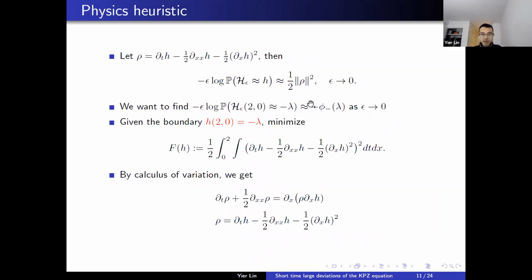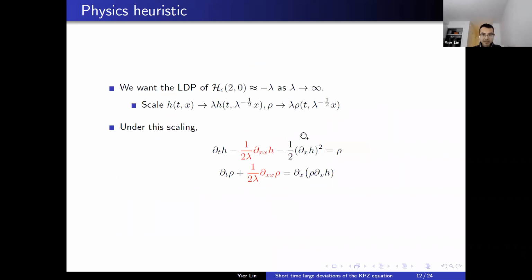It corresponds to the L2 norm of this rho, which solves this pair of PDE. But when we take lambda goes to infinity, we have applied a scaling here, where we change rho to lambda rho. So we have a certain scaling, and if you compute the square of the L2 norm of the right-hand side,